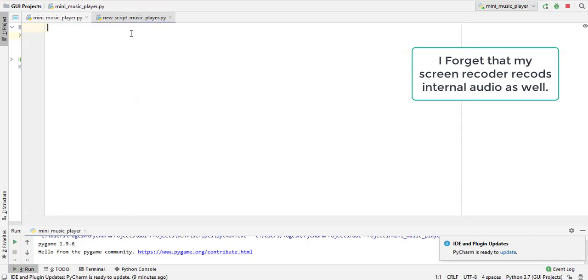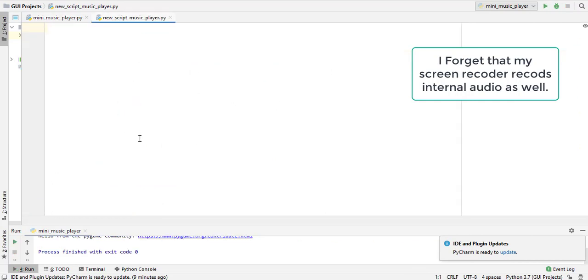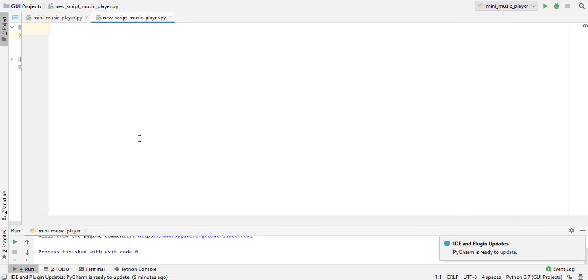Now let's code our music player. For creating our music player, the first thing I need is Pygame, and tkinter, because we need tkinter for the GUI. So from tkinter import all, and the next thing is from tkinter import ttk, file dialog. I am using all the methods, classes, or you can say all the widgets of tkinter along with the file dialog and ttk classes.